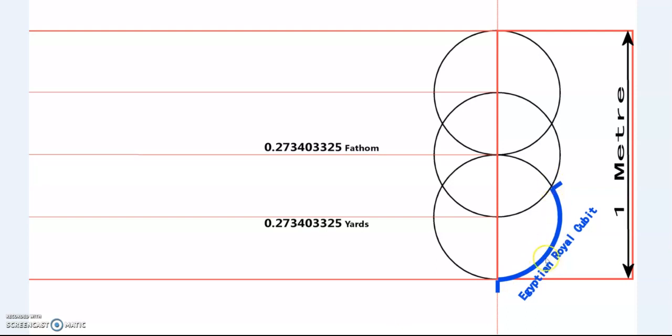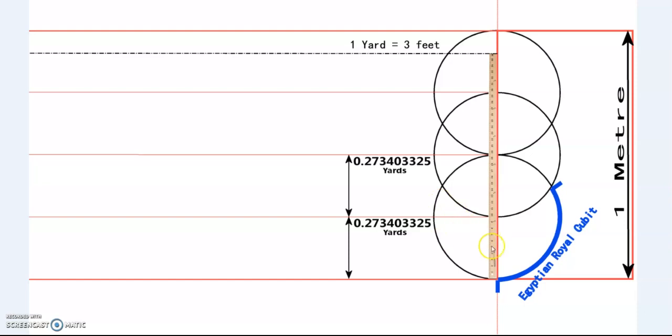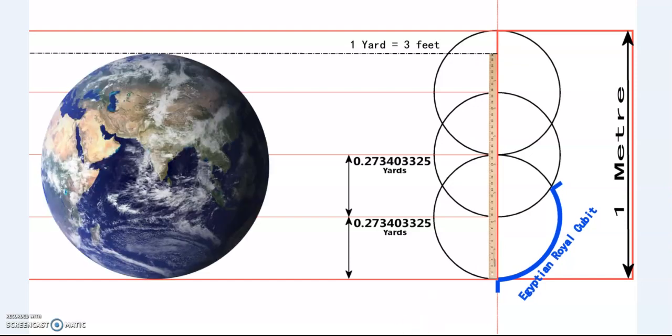Also, that section would be an Egyptian raw cubit, just as we saw, the same thing happening with the pendulum. So now I'll just simplify it and we'll be using yards. So each 25 centimeters is 27.34% of 1 yard. But now we'll apply the yard, or 3 feet, 36 inches. We'll use that. So if the yard is our yardstick, that's the Earth, and the Moon is 27.3% the size